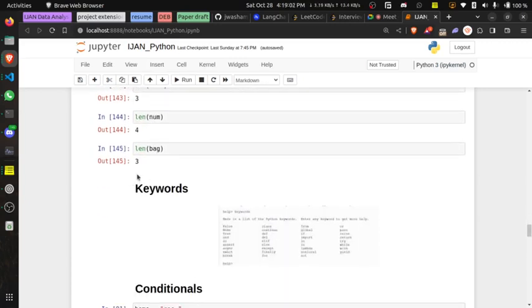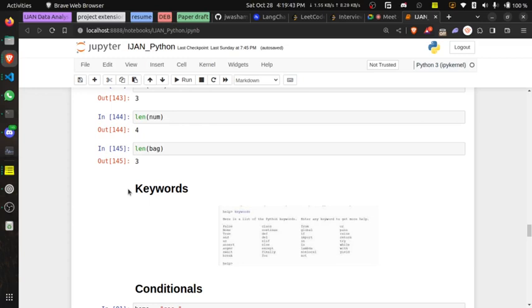conditionals. Okay, well, before conditionals, we explained what a keyword is. A keyword in Python is a word that is dedicated to a particular thing in Python. It has to do something. So that word has been dedicated, it has been taken, it has been separated out. Oh, okay, this is the function, this is what you are going to be doing, right? So for instance, True with a capital T means that it is true. So it has been assigned to something in Python that anywhere you use this, it has to be true. But if you're using a small letter t, it's not a keyword. So